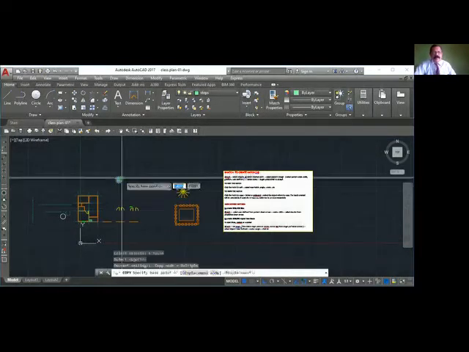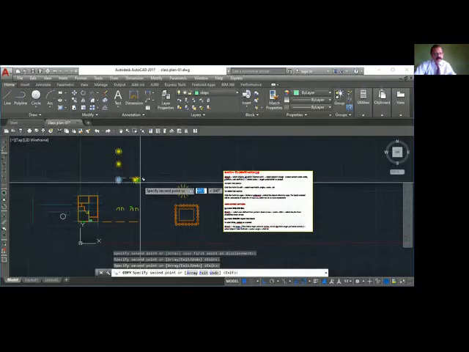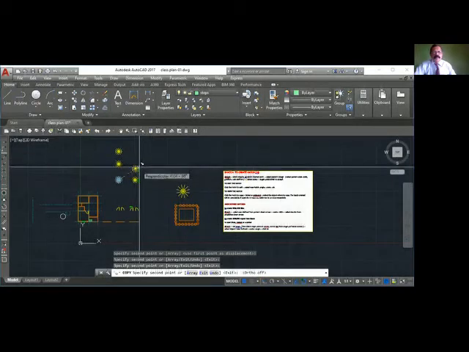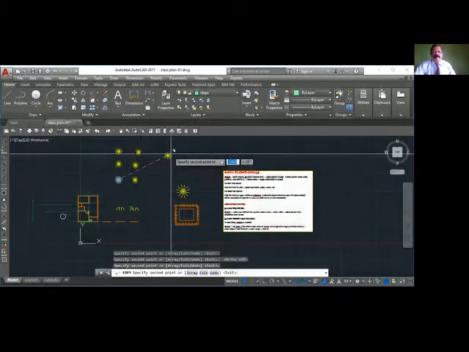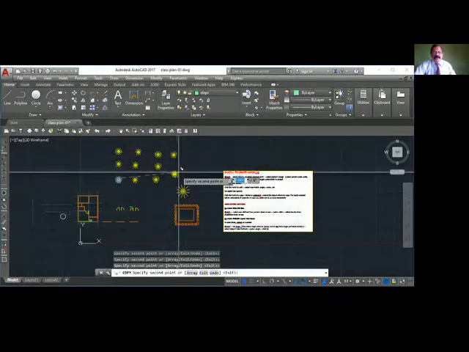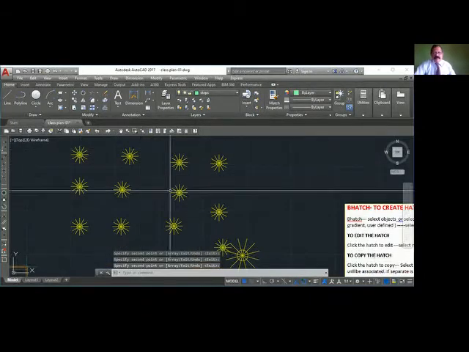Suppose I copy here, ortho off, here. So I have prepared my trees and kept them wherever required.